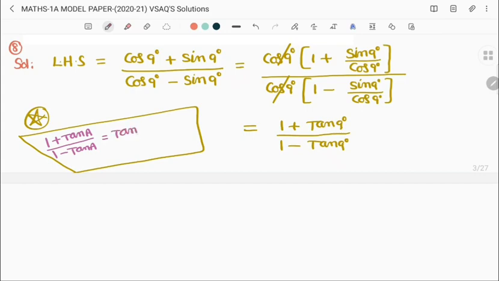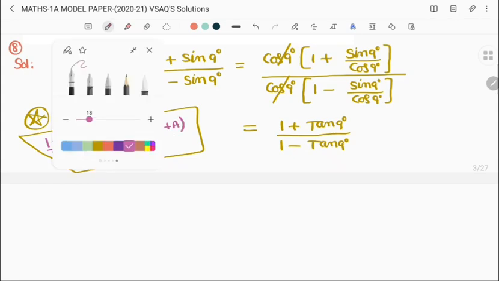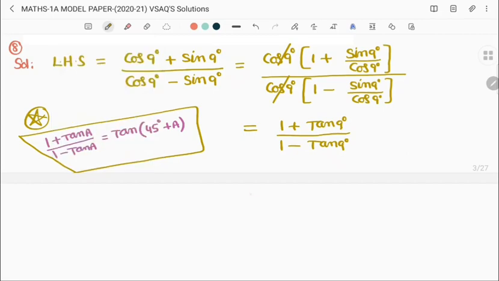Tan of 45 degrees plus A. This is the formula we have. So, in the next step we are going to write, A value is 9 degrees now. So we can write it as tan of 45 degrees plus 9, where A is equal to 9 degrees, equal to tan of 45 plus 9,